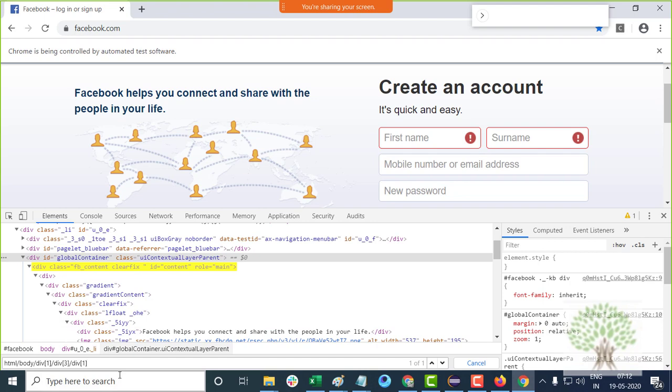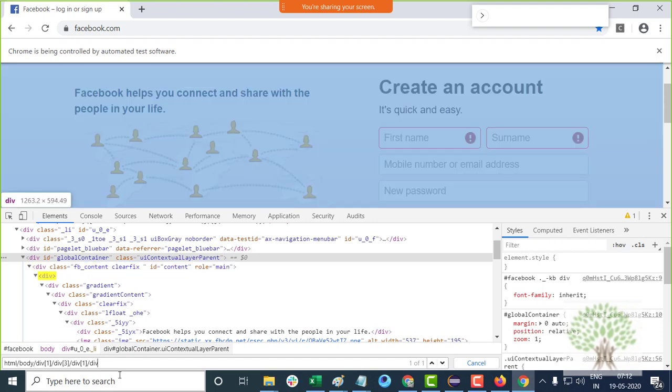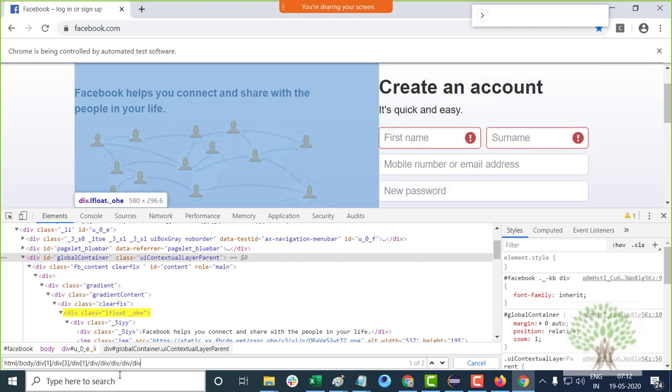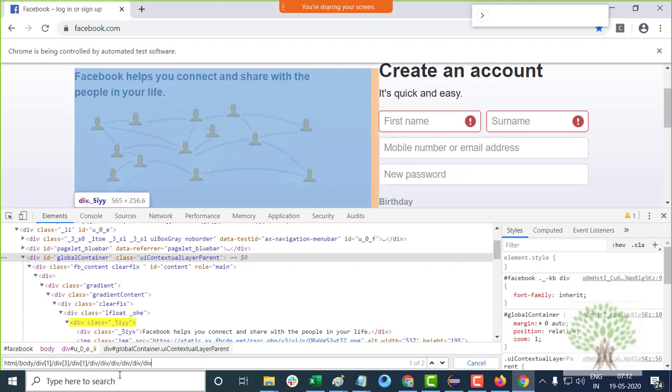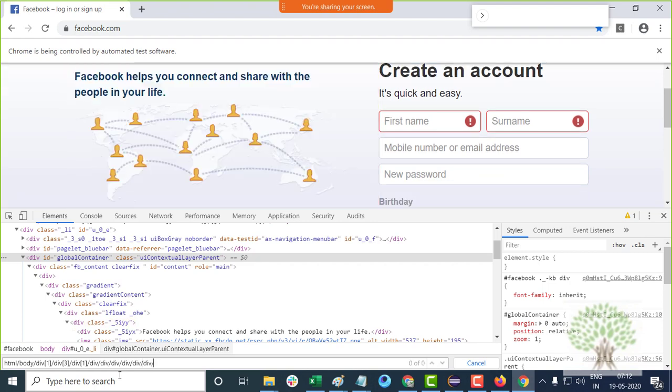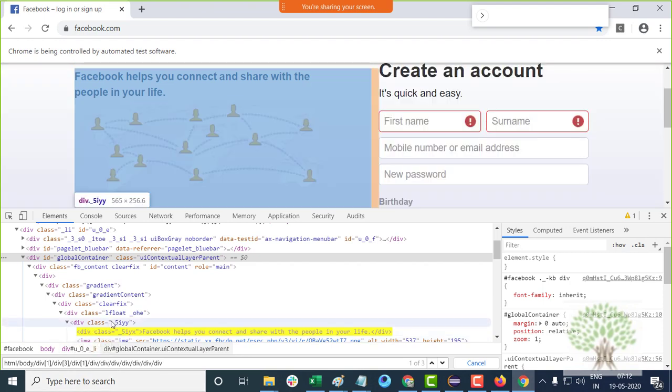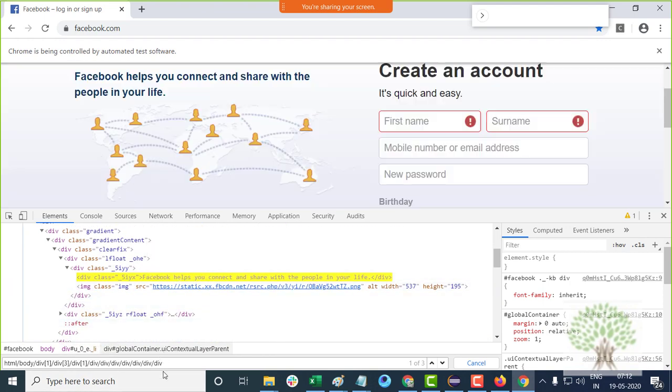Okay, and under that again there is a division. There is just one division. Under that again one division. See that it is traversing, and I can validate it at the runtime. Okay, and then you finally get the division in which you are interested. Okay, this becomes my XPath. Instead of giving division 1 over here, okay, this is my XPath.